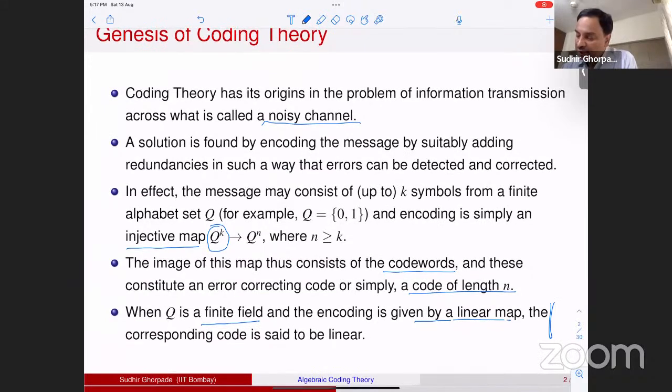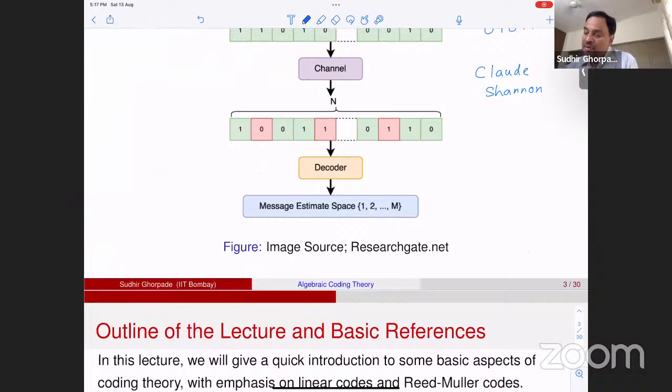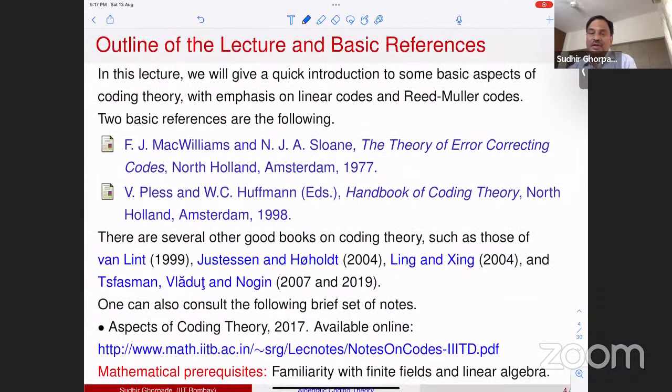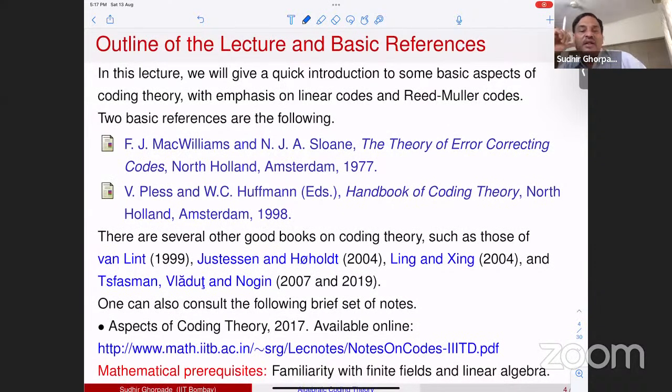So let me give you an outline of what I'm going to do in this lecture. I want to give you some flavor in one lecture. Obviously, I cannot tell you all that there is to know in coding theory, but I want to give you some idea of some fundamental notions, some basic results, some important examples, and if you'd like to learn more, etc.,